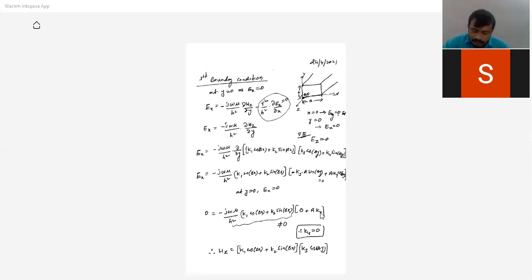So this is now same as our TM mode only. There we are using the Ez directly, but here you are not using Hz directly; by taking the Ex and Ey, we are going to find out the constants K1, K2, K3 and K4. Right? So now from the first boundary condition, we know that K4 is equal to 0. So please note down these things.